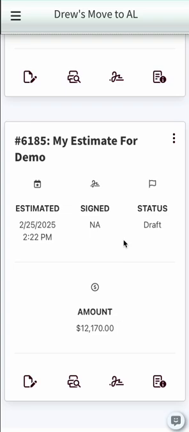Now let's look at estimates that need to be signed and managing the signatures for those. Here we have an estimate that I made for the demo, and it needs to be signed. There are a couple ways that I can get to the signature panel for this. Ideally, you're going to go to the print preview,